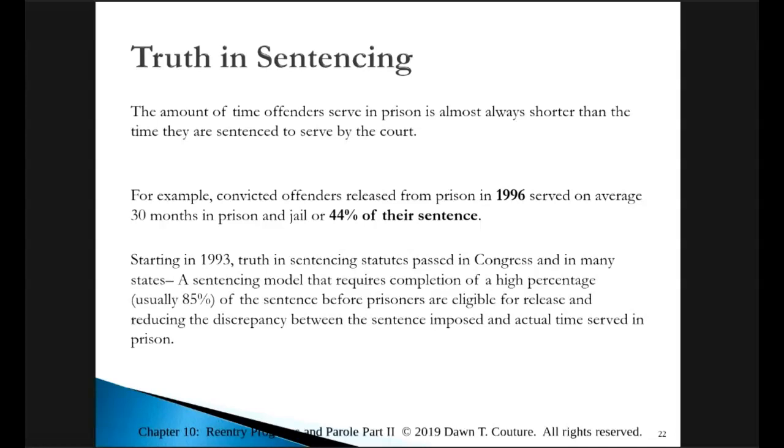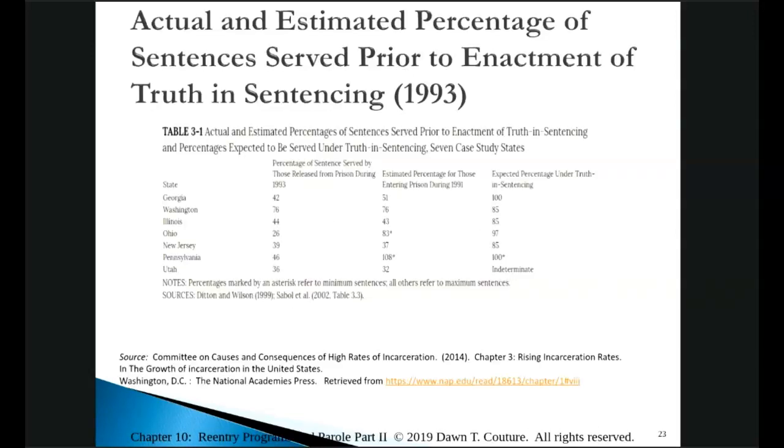And that caused public outrage. So in 1993, Congress passed a truth in sentencing law that requires completion of 85% of a sentence for federal prisoners. Now they did away with even the 85% and moved to mandatory supervised release after completing the full sentence. You can see from this the figures for 1993, compared to